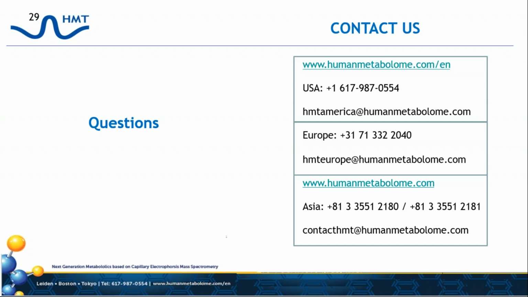Another question we have: are all of our labs for analysis in Japan? Currently, all of our analysis labs are in Japan. We do offer shipping from our regional offices, so samples in the northern hemisphere get sent to Boston, and in Europe go to Leiden, and then we handle all the shipping of the samples directly to our lab. Usually that takes 2 to 3 days. Those clients can ship directly to Japan if they want to.